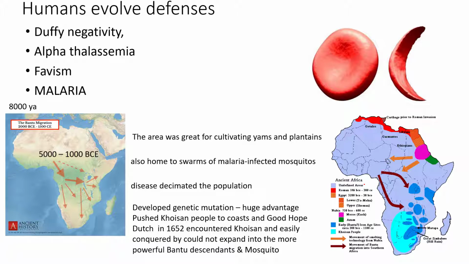Those groups included the Khoisan people, who took refuge in the Cape of Good Hope on the southern coast of the continent. Some ethnicities within the Bantu linguistic group went on to develop more dominant inland societies, those of the Xhosa, Shona, and Zulu. Fast forward to 1652 CE, when the Dutch started colonizing parts of southern Africa.